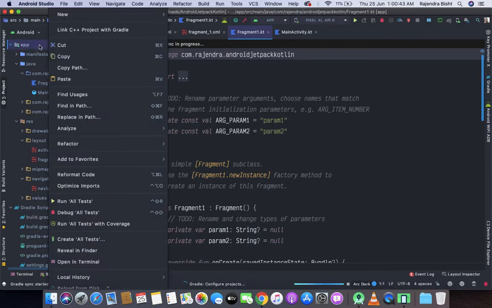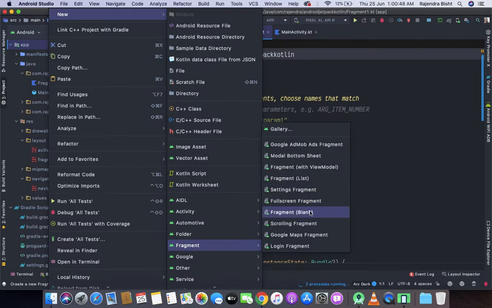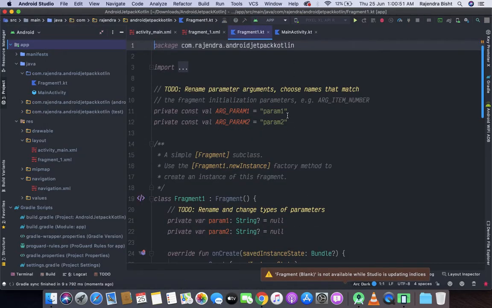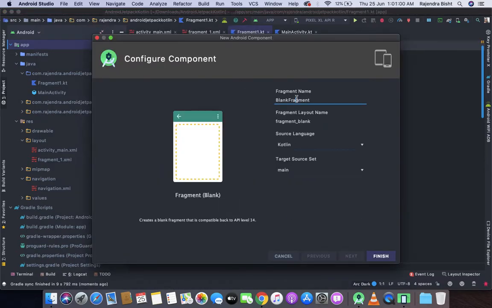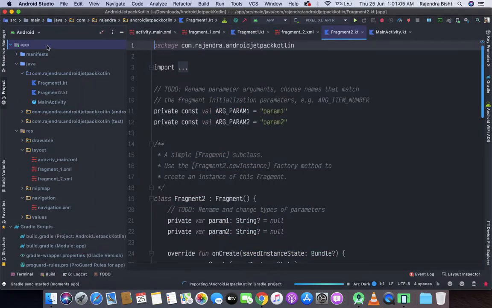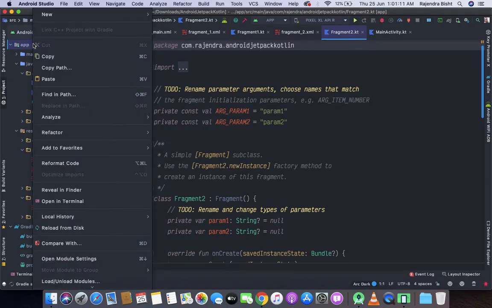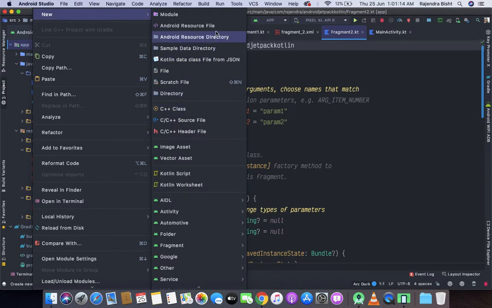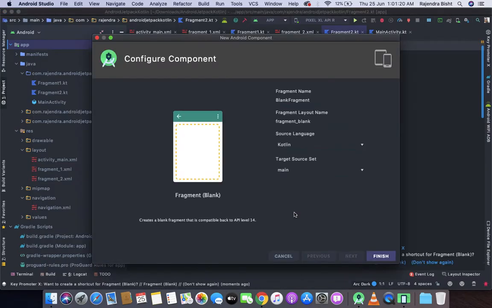Similarly, I will create fragment 2 and fragment 3. Here is fragment 3.